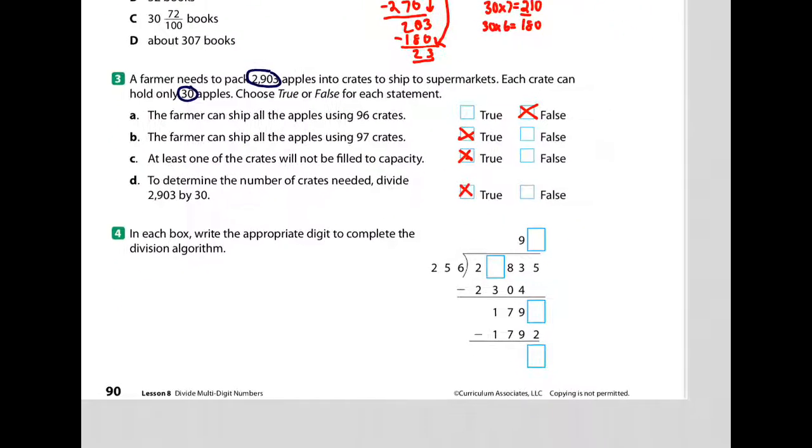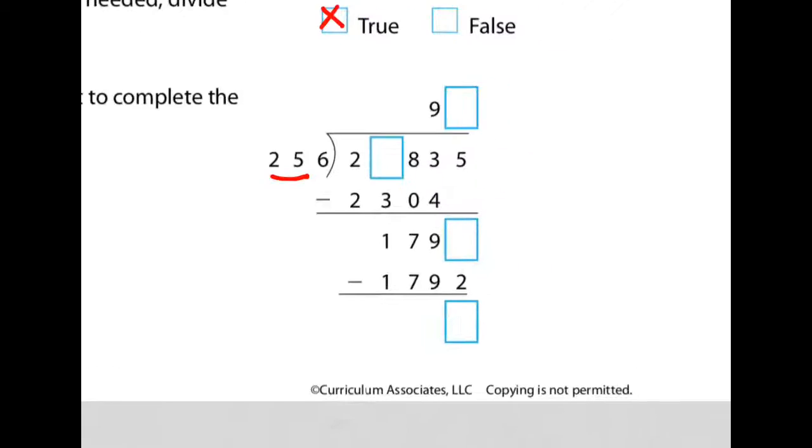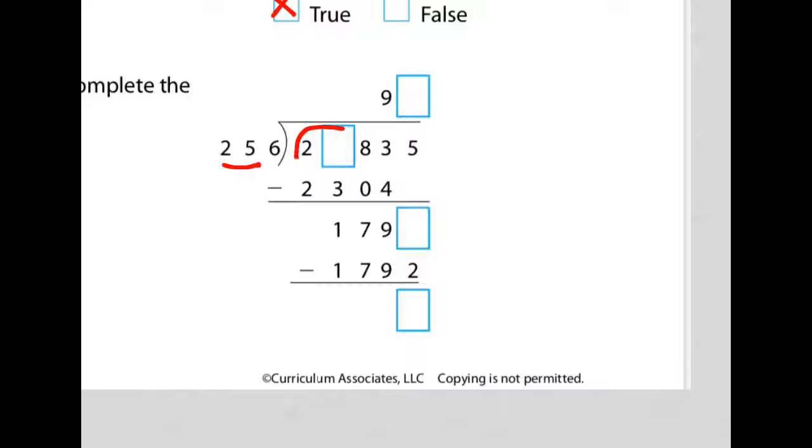All right, let's go to number 4. In each box, write the appropriate digit to complete the division algorithm. Interesting. All right, so it's a 3-digit divisor. All right, let me see here. So 256 didn't go into 2, it didn't go into 20-something, it didn't go into 200-something 8, so it went into 2000. Okay, so how do we start this one? Okay, well, I'm going to start because I would do the subtraction first. So let's start. If we were subtracting this number